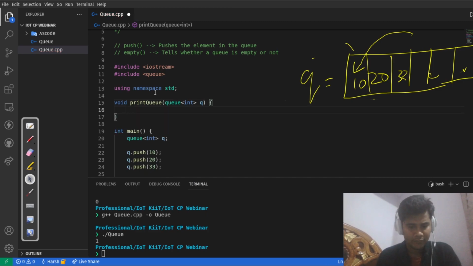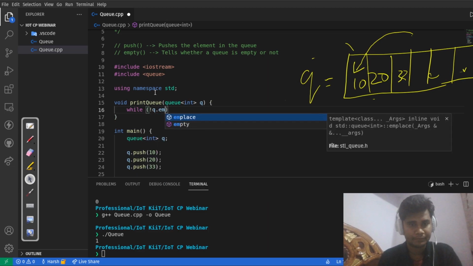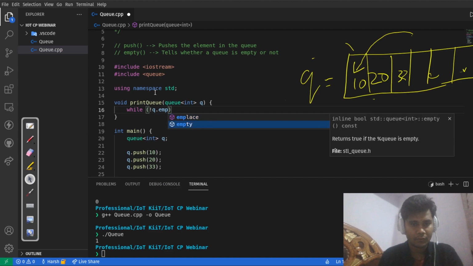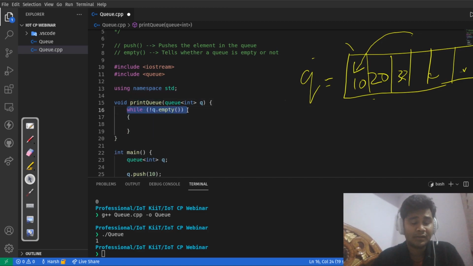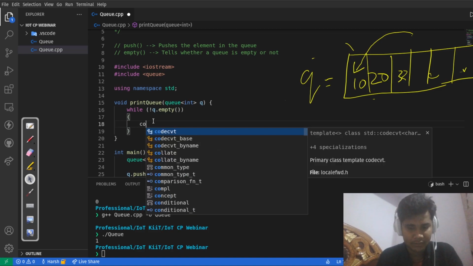And what we want to do, we want to print it. So how to print a queue? Queue dot empty. I will tell you the logic, but let me write it first. So what it will do, it will iterate until the queue is not empty. So if any element exists in a queue, it will iterate, right? So what we will do, cout